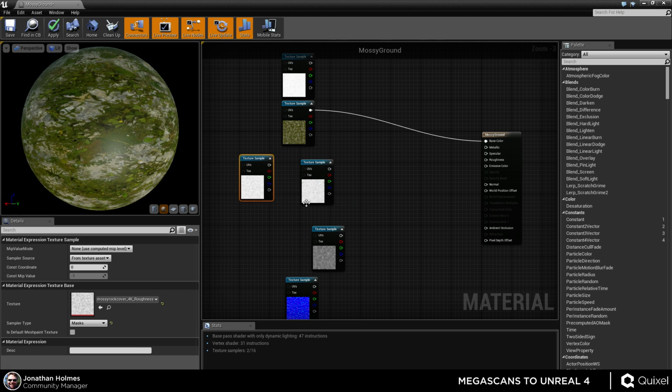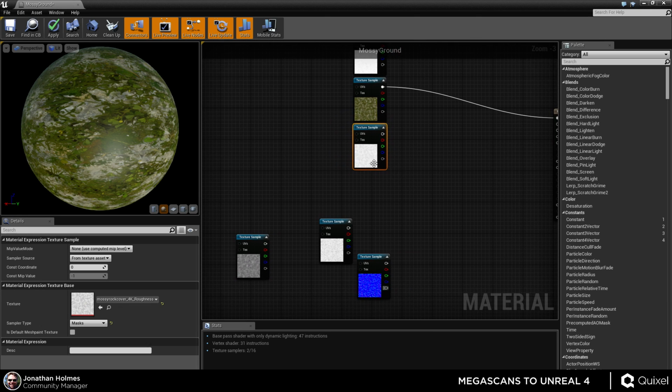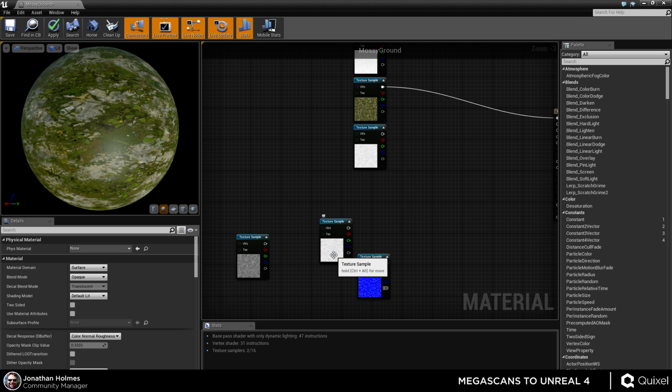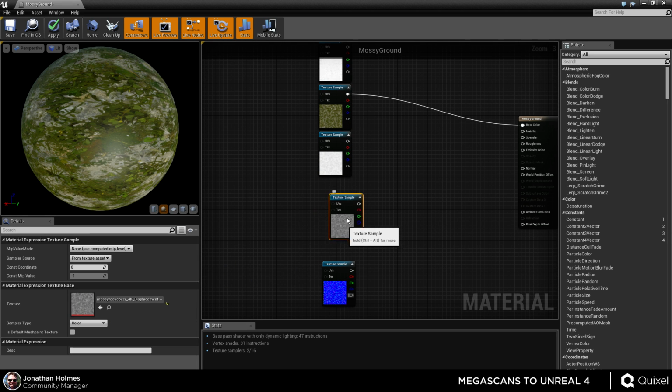Alright, so this is the roughness map. I like to organize these things too, so I put them in terms of where I would normally use them. I'm going to throw the cavity map up here because it'll probably get blended into the albedo map. Displacement,